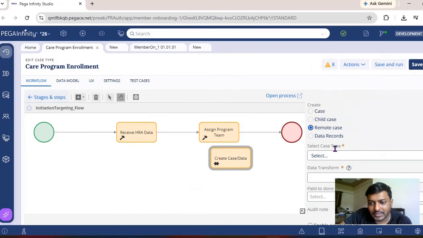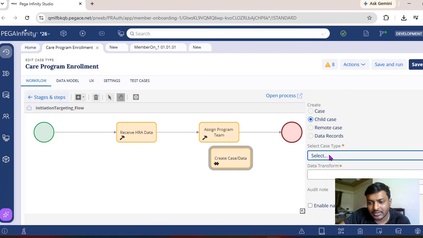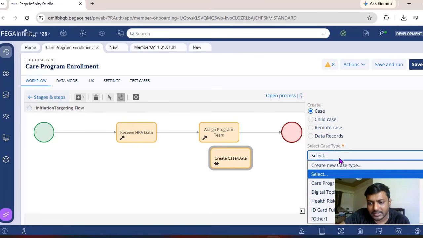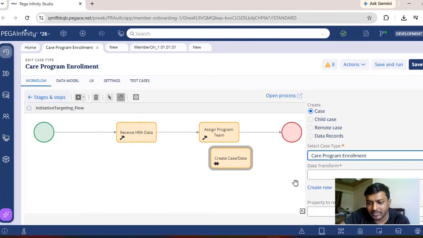And remote case is just a normal case type, and for child case, here also you can create a new case type or add a data transform to run it and create a case. You can select a respective case, for example this case, and your own data transform. So this is one of the latest